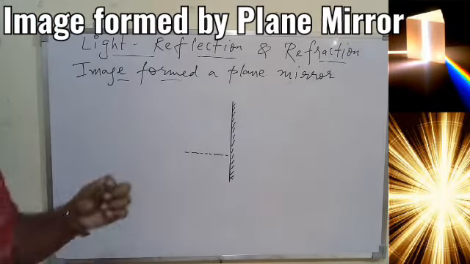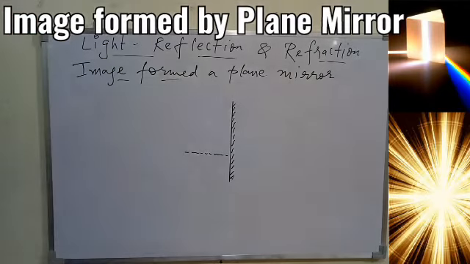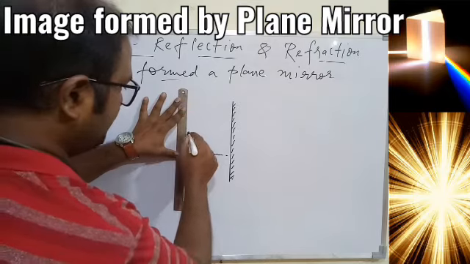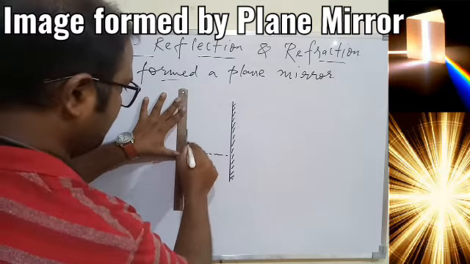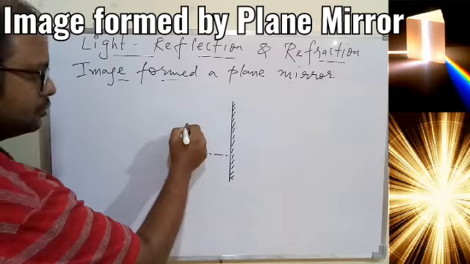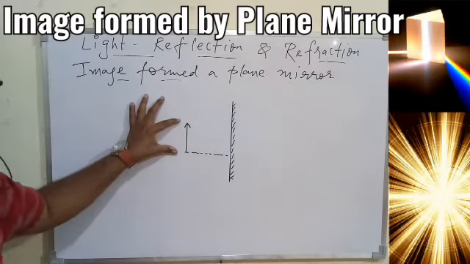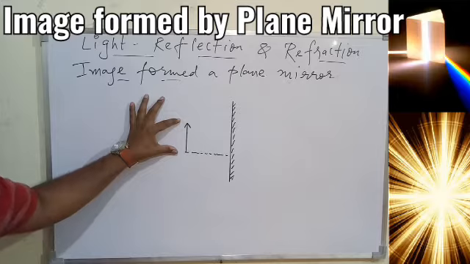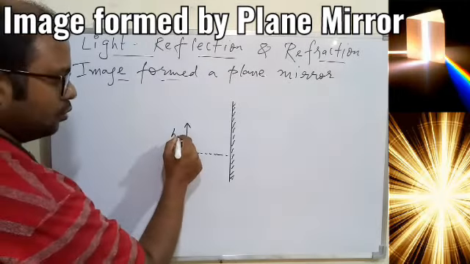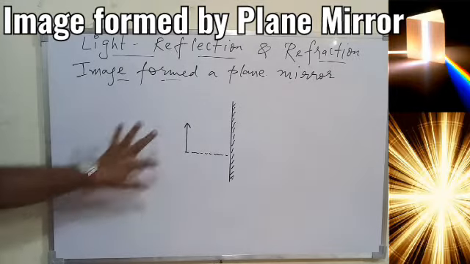Now in the previous case we did the ray diagram for a point size object in front of the plane mirror. Now I'm taking an object of proper height, so that it should be more clear now. So now we have placed some object in front of the plane mirror, but this object has got some height, and let this height be HO, that is height of object. So remember what is HO, okay?